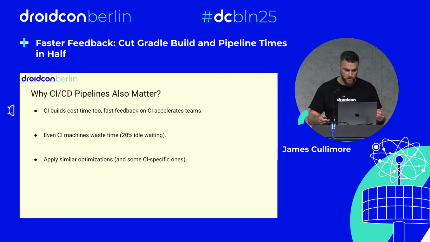As a developer, it's frustrating to start your task only to find out 20 minutes later that flaky tests from your previous task have failed, and now you have to go back and fix them. Then you forgot where you were, what you were doing beforehand. That's why we can apply many of the same optimizations we use for local builds, along with some CI-specific improvements to get faster, more reliable feedback.